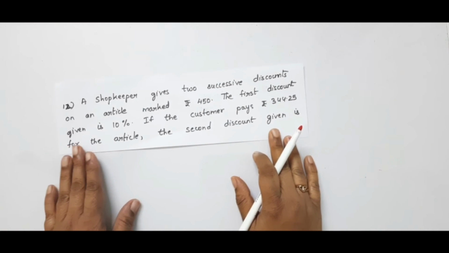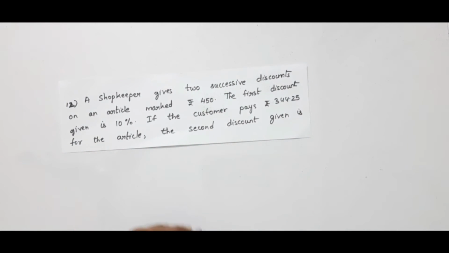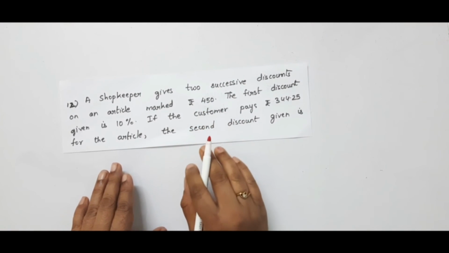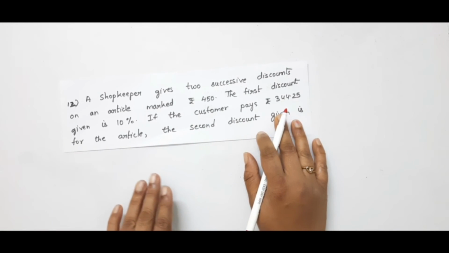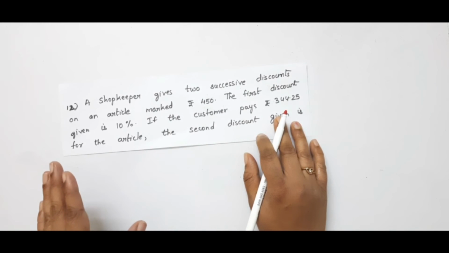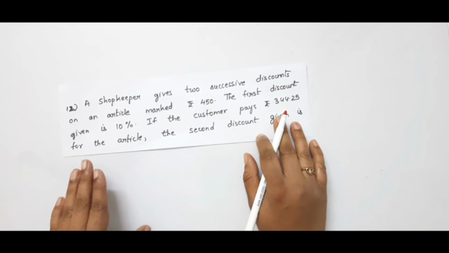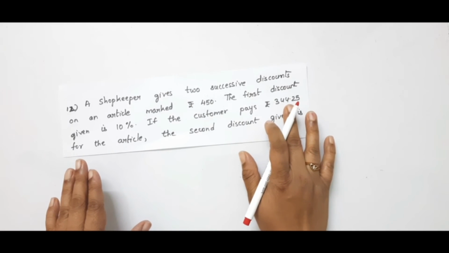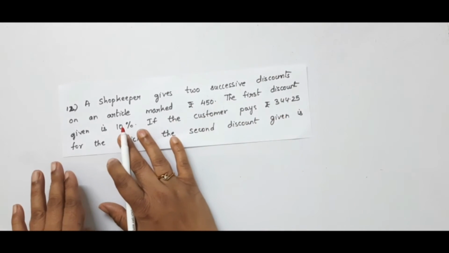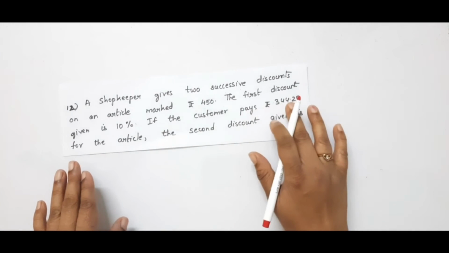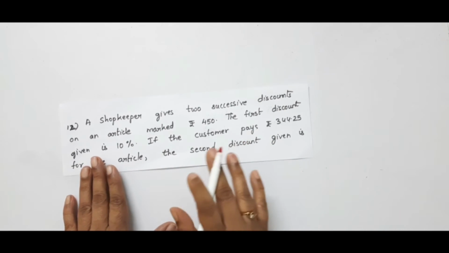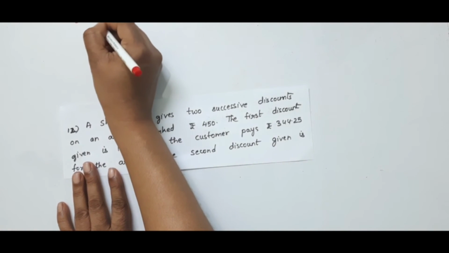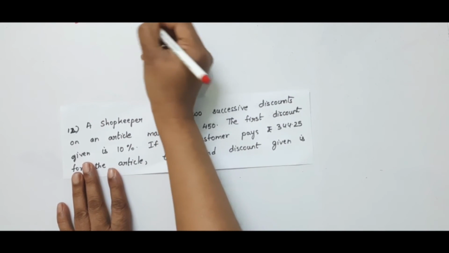In this problem, he has to find the second discount. Is it not? He gave the market price and he gave the amount he has paid on this discount. So we know how to find the selling price when 2 discounts are given. So that selling price is equal to this one. Is it not? Using this market price, using this discount and the other discount, that value is equal to this one. So let us take the second discount as X. We don't know that. We have to find the second discount. So let us take second discount as X.